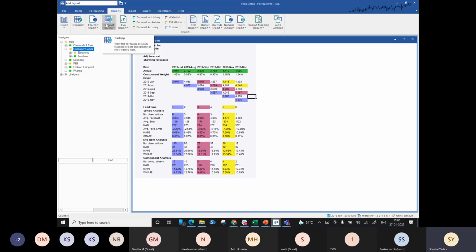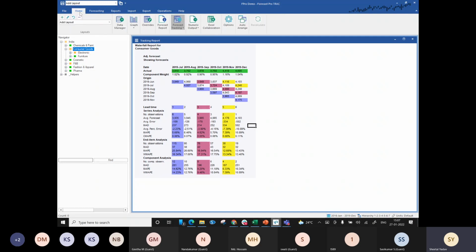So we have this option of forecast tracking. I'll be talking about the waterfall report, which is similar to it, but it's important that we understand this report first, and understand what are the various parameters that are available over here. You also get to view this report if you're using version 6 or version 7. You will also get to view this report from here directly on the front page.